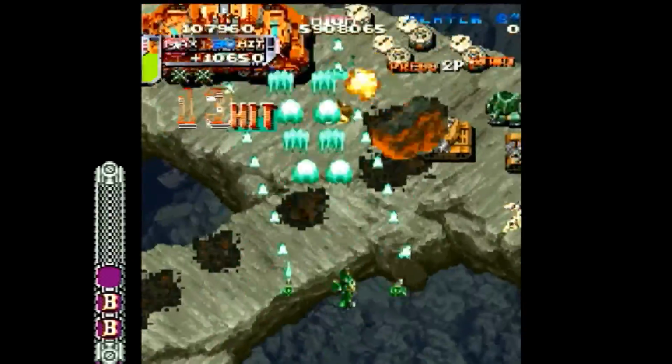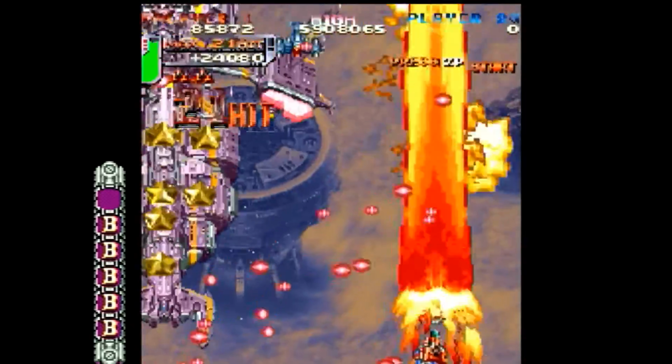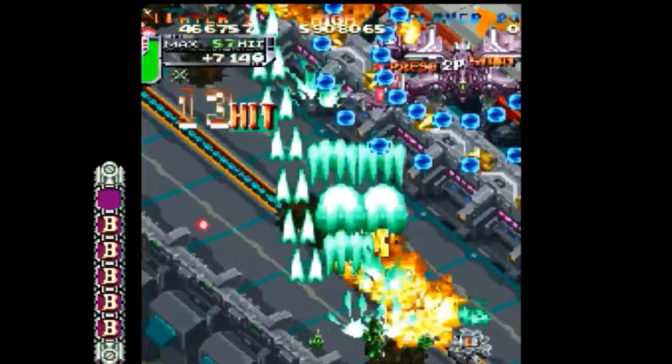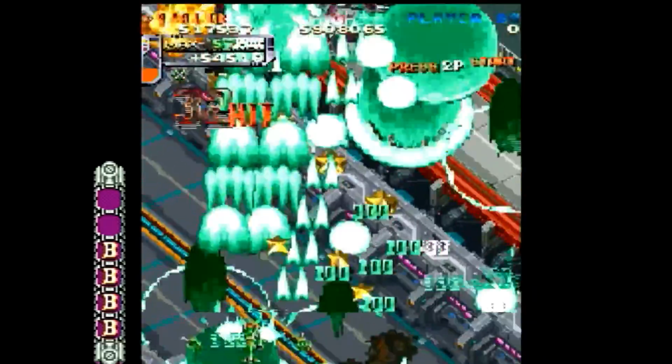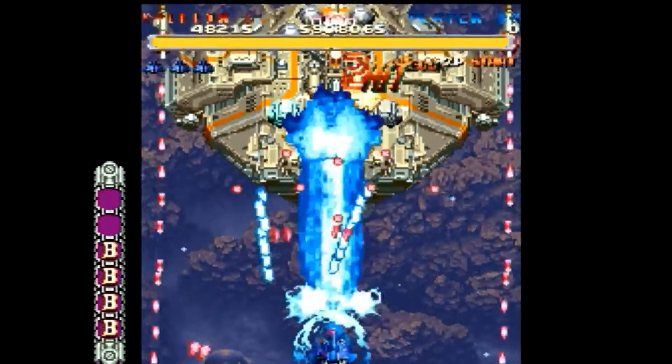And man, does this game dish out the destruction at a feverish pace. It's a relentless assault on the senses without a second to breathe, and it's just so damn satisfying. The game serves up 6 levels of mayhem, which doesn't sound like much, but it's actually the perfect amount for this style of game. If you've never heard the phrase a bullet hell shooter, then this game is a prime